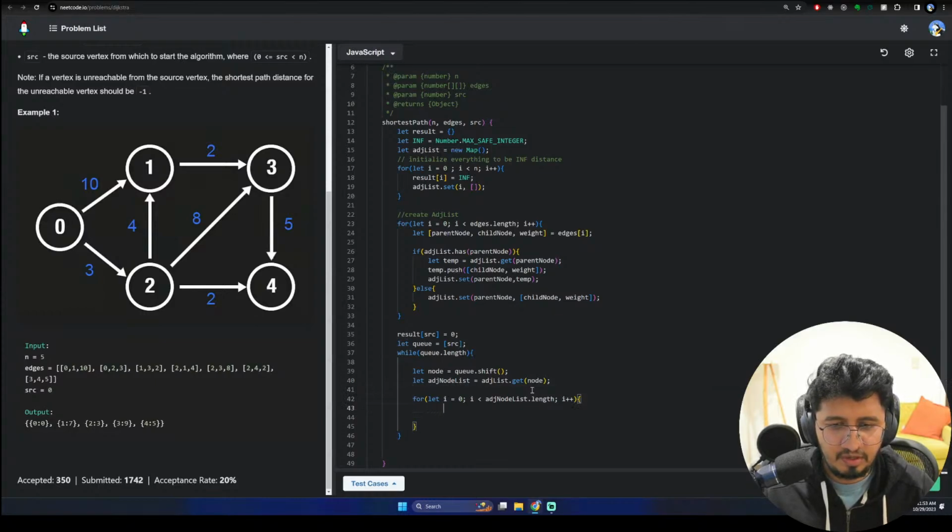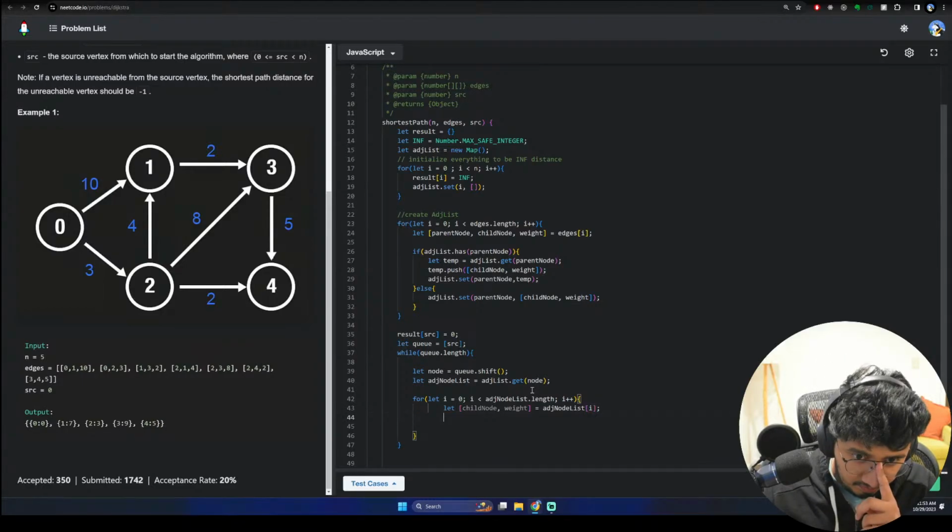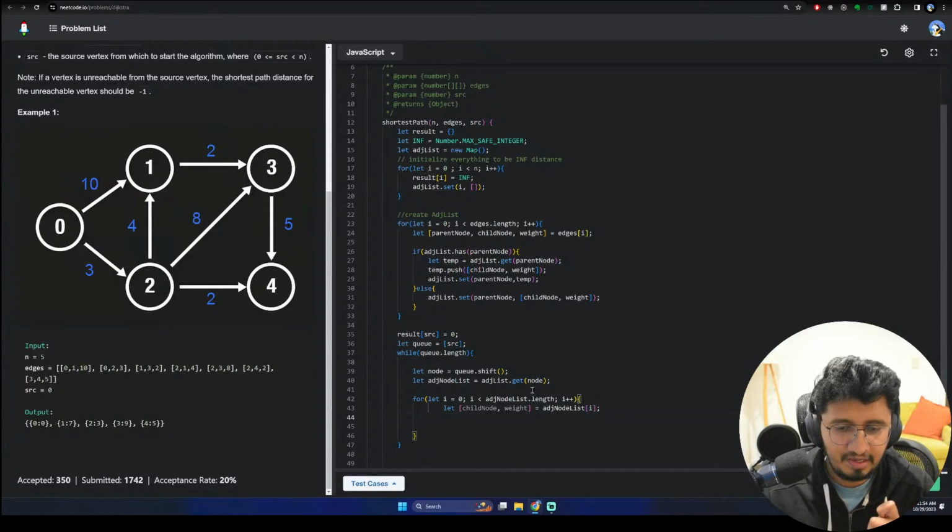So first of all, let's destructure whatever we have, the node, so the child node and the weight associated with it. Okay, so we'll take out that. Adjacency node list of I will give us that thing. Okay, so once we've got the child node and weight,